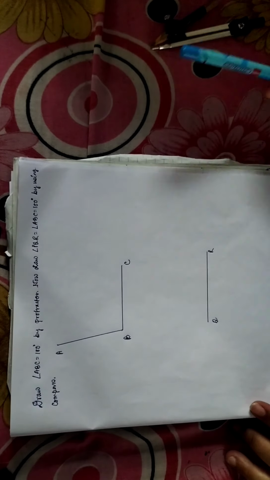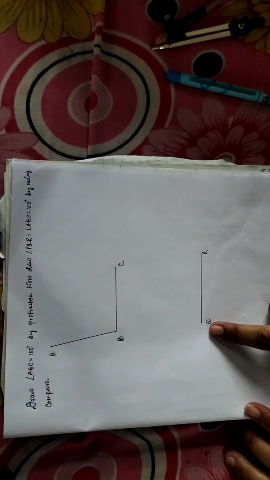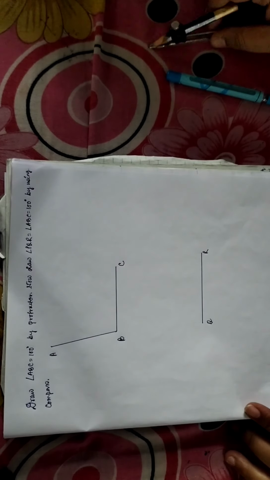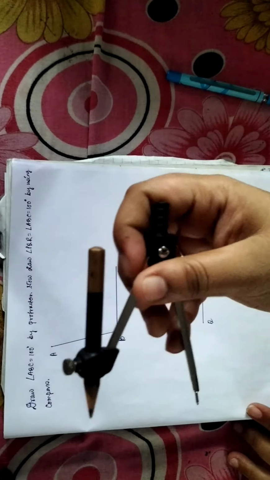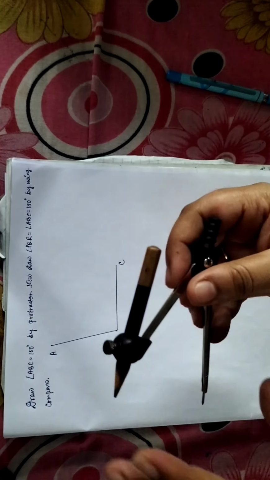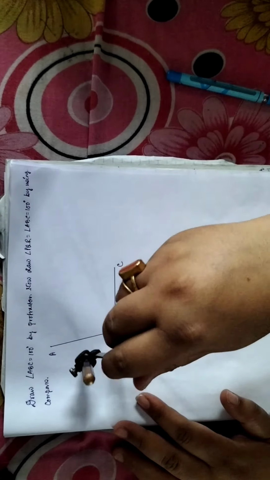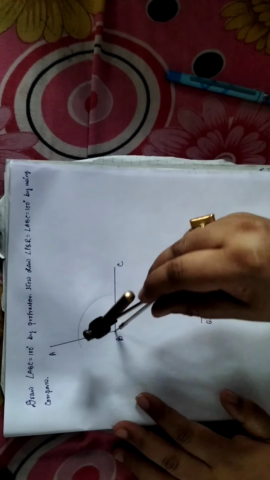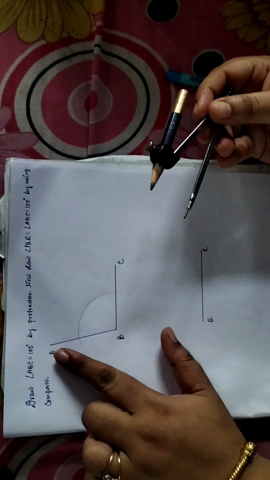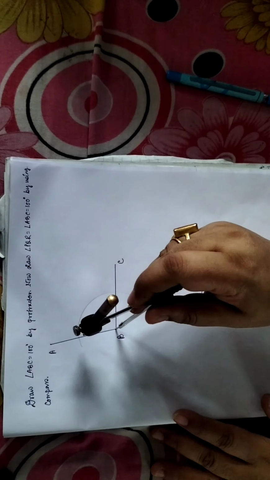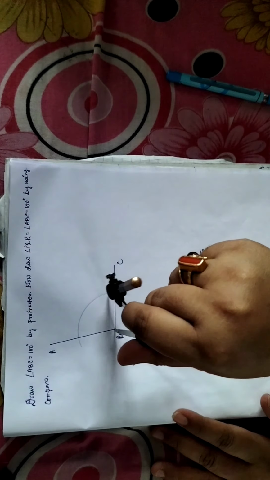Okay. Now it is clear to us that at this vertex Q, at this point Q, we have to draw this angle, that is angle PQR of measurement 100 degree. So let's see how to draw this. First of all, we have to take this compass, right? Now, taking B as center and with a certain radius, make sure students, this radius must be such that it is less than the length of AB and BC. With this particular radius, an arc is drawn.